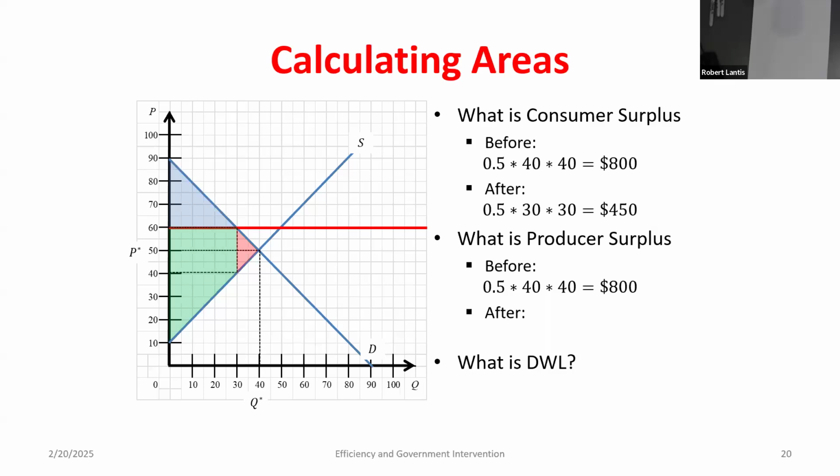What can happen if I increase that price enough, just to make the most extreme case to make the point? If I put the price floor at $100, what does producer surplus become? 0, right? Because I push the quantity back to 0, now nothing's sold. So it's not a guarantee that producer surplus goes up. If I do moderate changes to the price, like small, then likely it will. But if I make the price floor high enough, I can always decrease producer surplus, right?